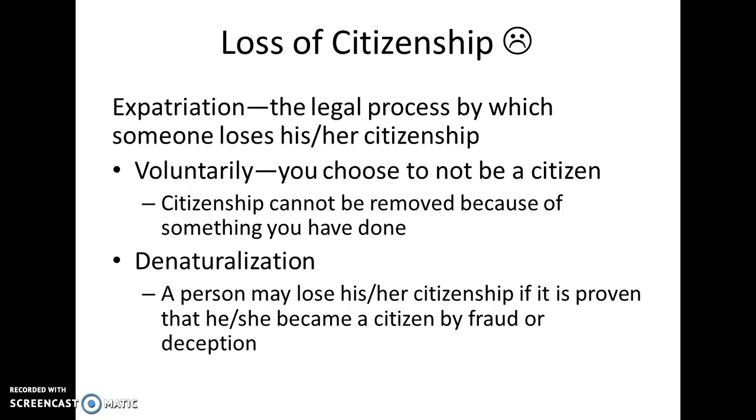That means if you are a citizen, no matter how bad of a crime you commit, they cannot take your citizenship away from you. Okay? Even if you commit treason or you do something against the United States government, if you're a US citizen, they cannot take away your citizenship. The only way you can lose your citizenship is through what's called denaturalization, and that is if they found out that you lied on your application or you somehow, I don't know, cheated on your civics test, which I guess it'd be possible somehow. But while you were going through the process, somehow they found out that you have lied or committed fraud in the process of becoming a citizen, then you can lose your citizenship. But no matter how bad of a crime you commit, you cannot be